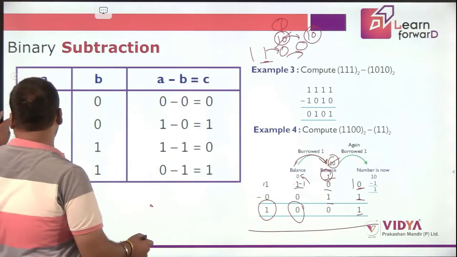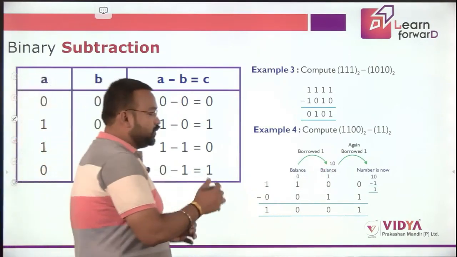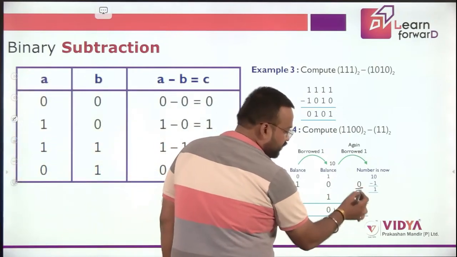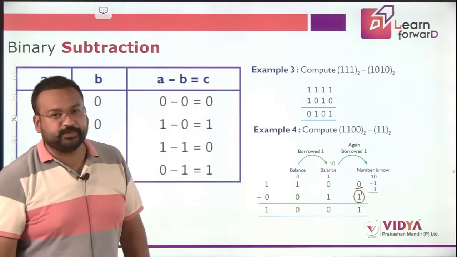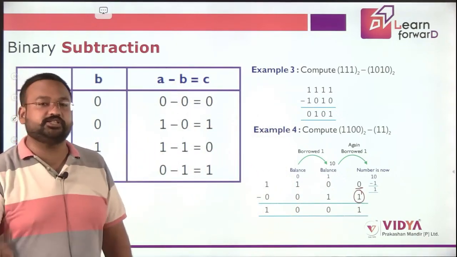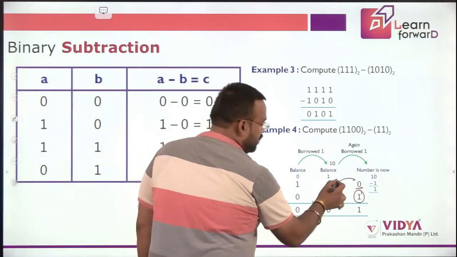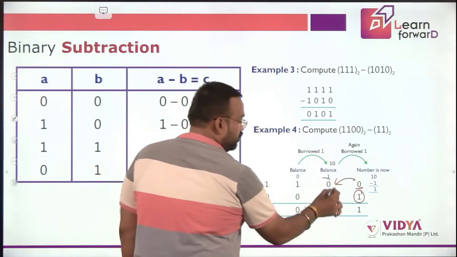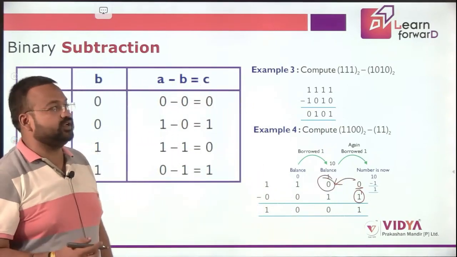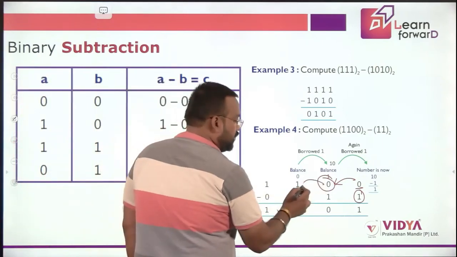Let's understand this problem again. Basically, in this problem we have 0 over here and we have to subtract 1 from it. As per general mathematics, you can't subtract a larger number from a smaller one. So what we have to do is take a borrow from the next number. But over here again there is a 0. That means there is no number from which we can take a borrow. So we will look for another place.